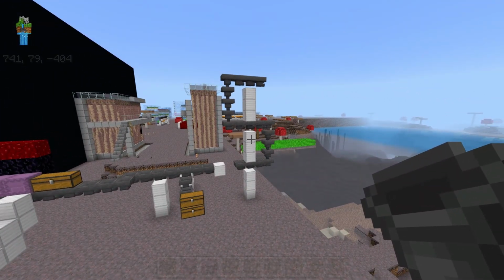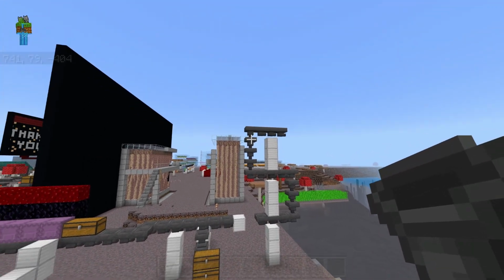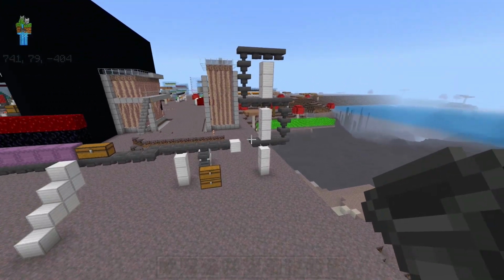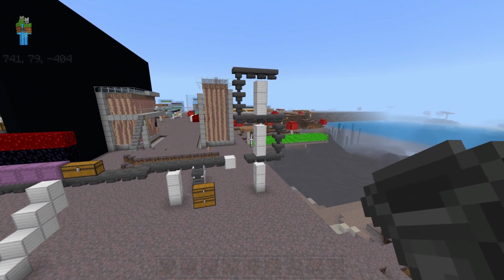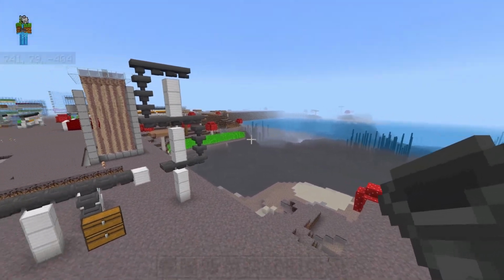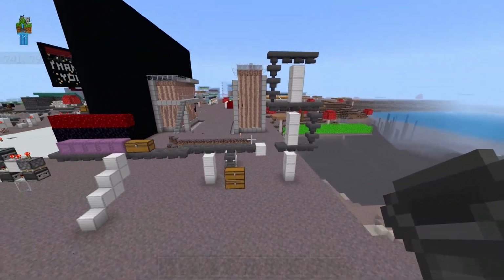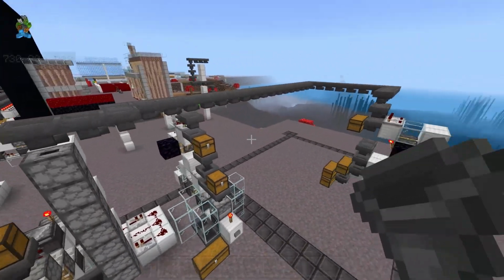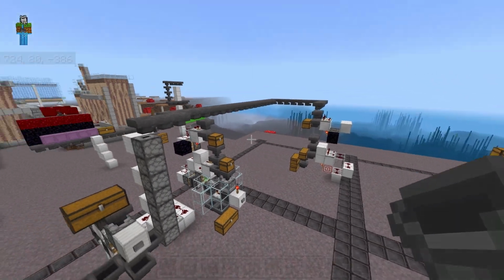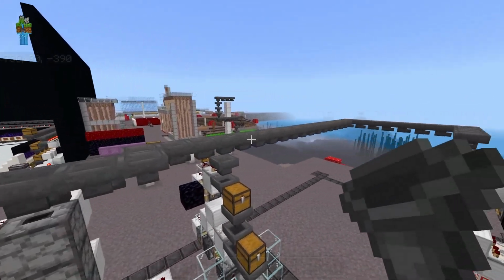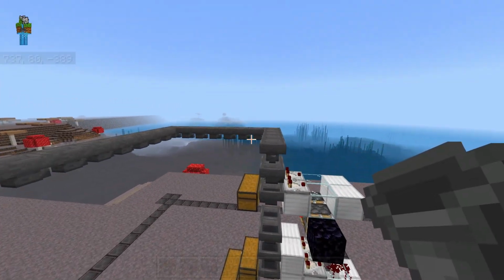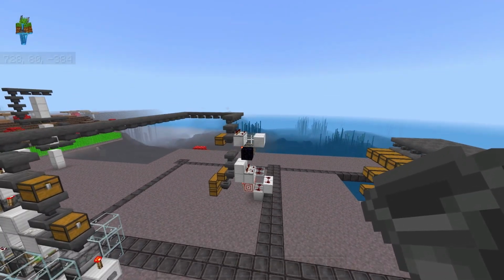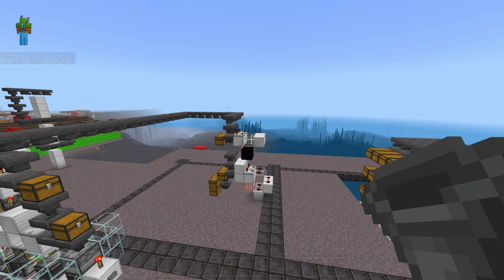Or if you want to stack item sorters on top of each other, go ahead and build an example slice just so that you know where all the intakes need to go and how many chests you'll be left with as your storage. And keep in mind that with stacking item sorters, you will have to weave the intake line up and around horizontally and then down and around horizontally so that it reaches all of the different sorting cells that you're planning on building. But we'll talk more about that in a minute.